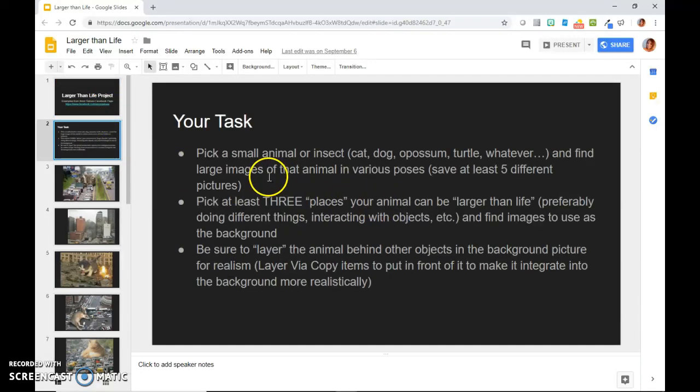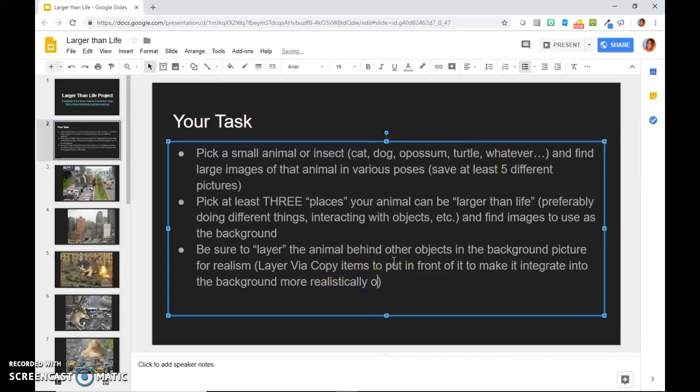I need you to pick a small animal or insect and find large images of that animal in various poses. So you want to have a big selection because you saw how many different ones they had. You want to get your poses first and then try to find your places that your animal can be larger than life. We want them to be interacting with objects in some way, shape, or form. So find objects that you can use as a background layer. Want to layer the animal and then either layer via copy those items, or